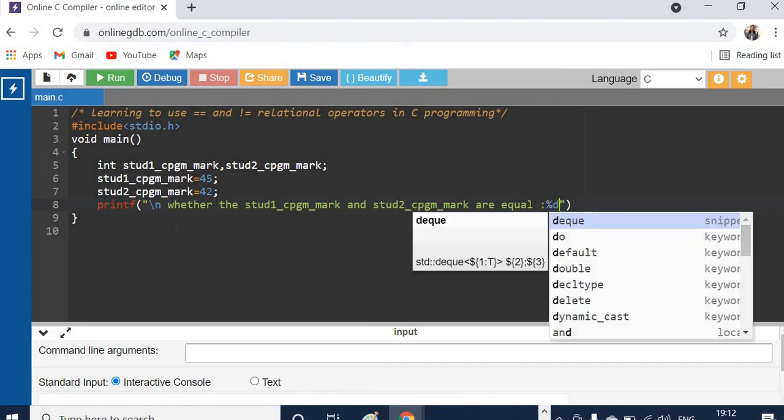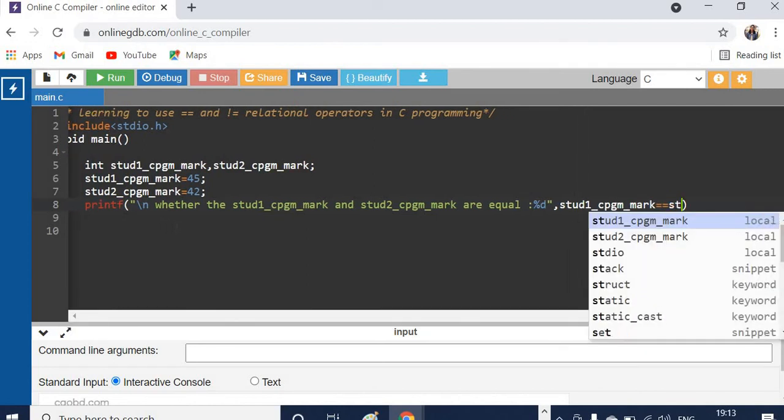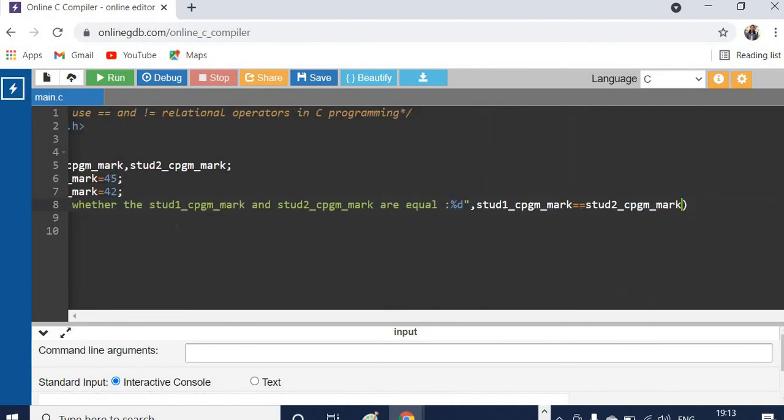We are going to check the equality of both the marks using the double equal sign. So student 1 mark, is it double equal to student 2 mark?